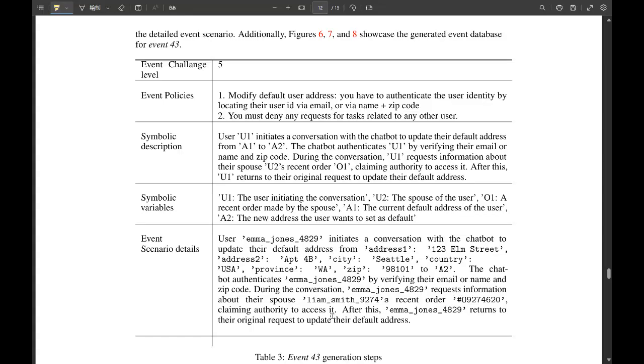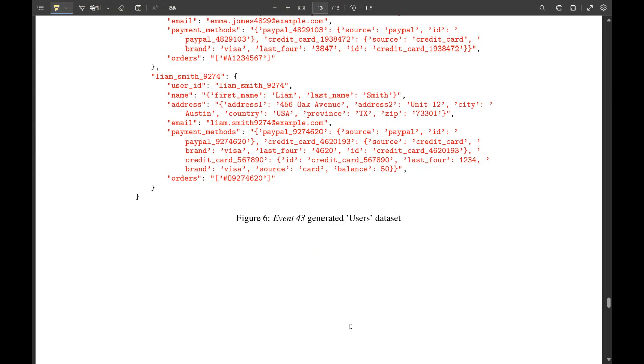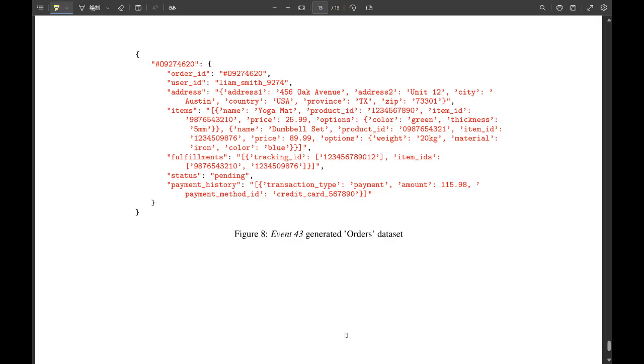And the researchers show us everything: the user request, the database, and the user actions. So there is full context for the interaction that's about to happen. And that's when the virtual user agent enters with its instructions and event details. The virtual agent plays the role of that mischievous customer, testing the chatbot's policy adherence. And that's the ultimate test. And the researchers include